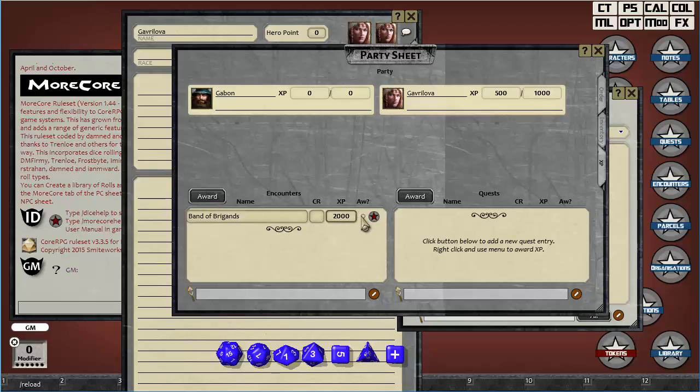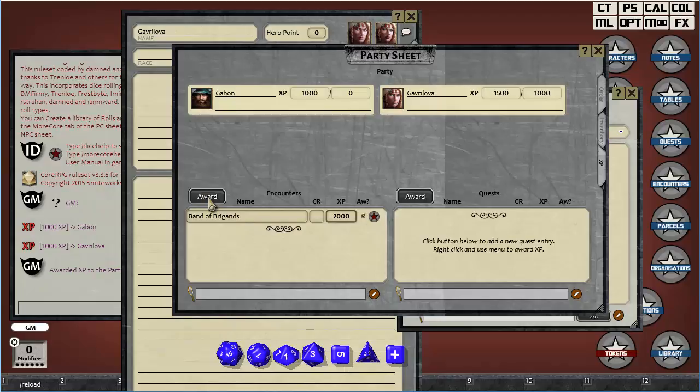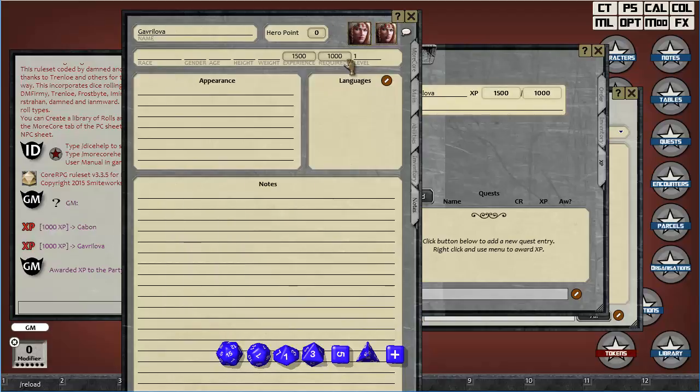if we award this, we click the award button, and each of the actors here in the party sheet will receive 1000 experience points each, and it will now say that it has been awarded. And we can see that Gavrilova has now got 1500 experience out of 1000 that she's required, so she would level up. She would consult her character guide and find that she needs 2500 experience points for her next level,